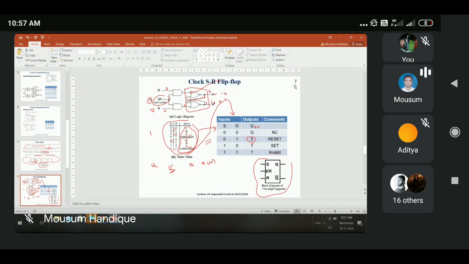Give me the opportunity. Opportunity means what? If you are asking me some particular question or some particular concept, then I will proceed. So remember, in this particular PPT you can go from 1 to 7, and just follow this PPT. But the other way, you can go to a book, Morris Mano's book or Anand Kumar's book or something like that,